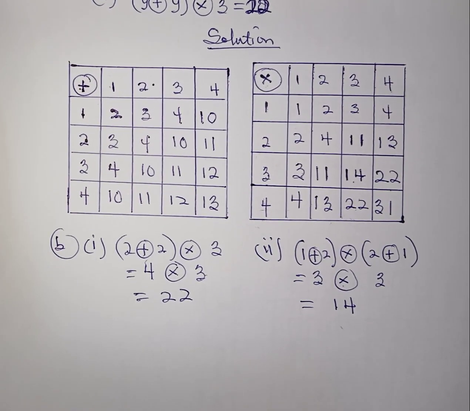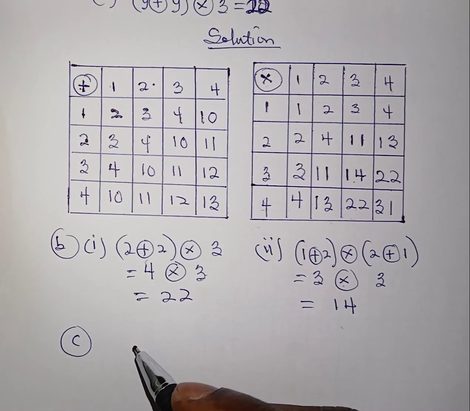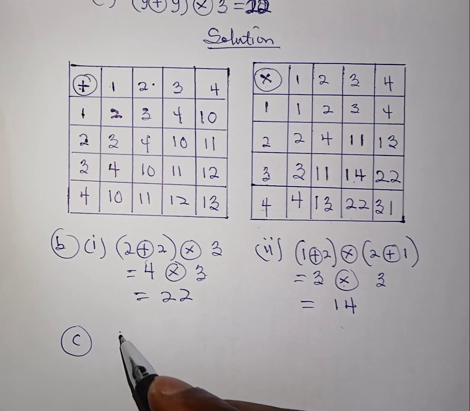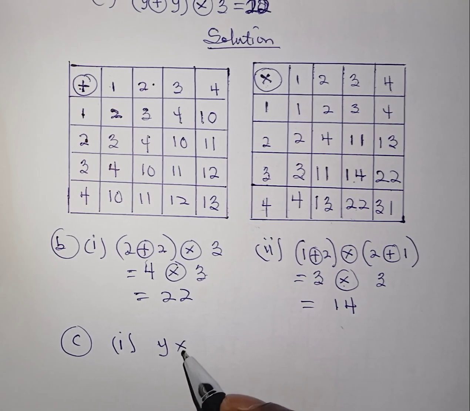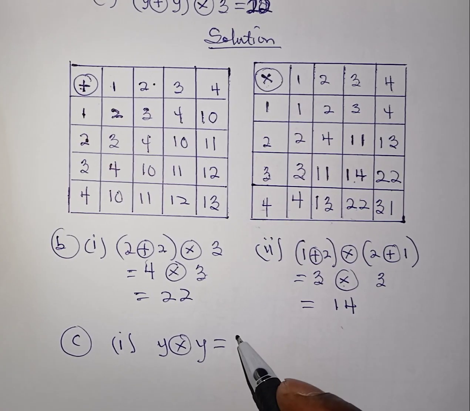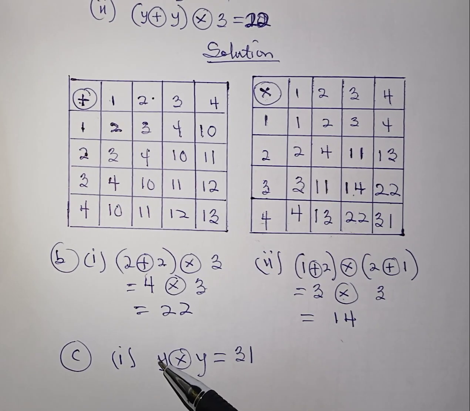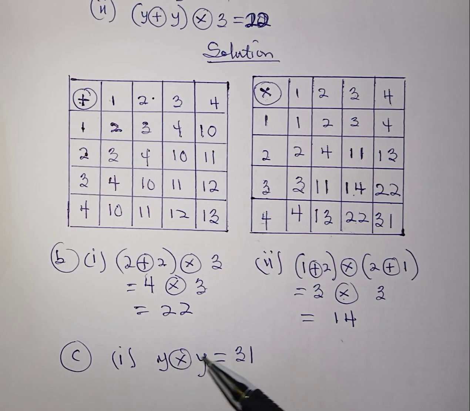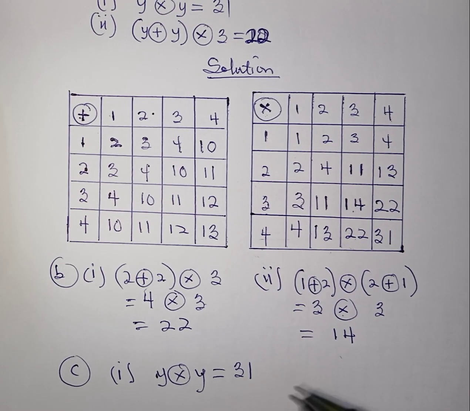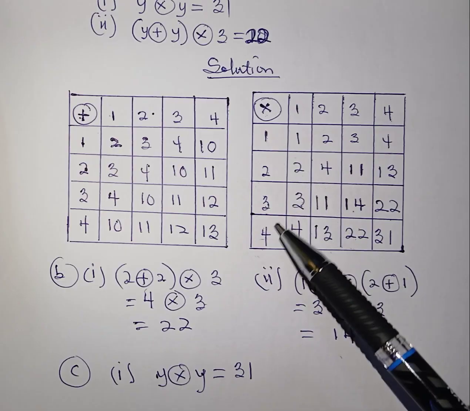Okay, great. Now let's look at the C. So we are to find the true set of the following, where we have y times y is equal to 31. Good. So it means that the values, when you look at this, is the multiplication table. Once we have y here and we have y here, it means that a number from the set, when it multiplies itself, the answer should be 31. So you go to the table and check which value